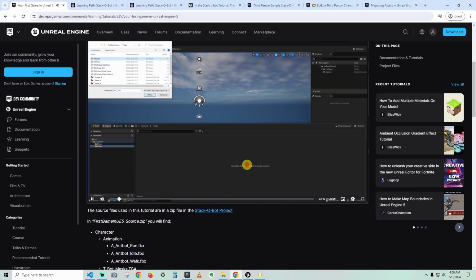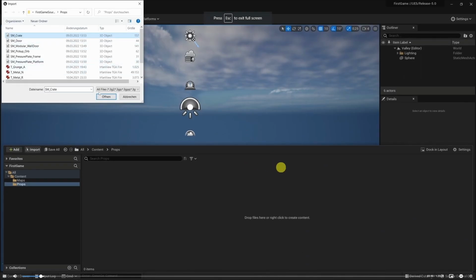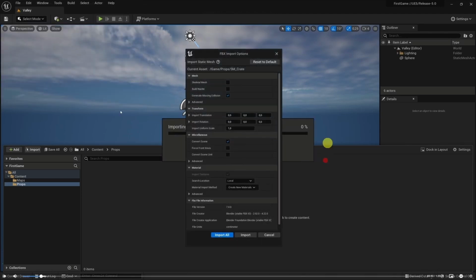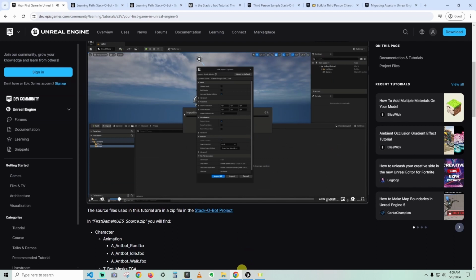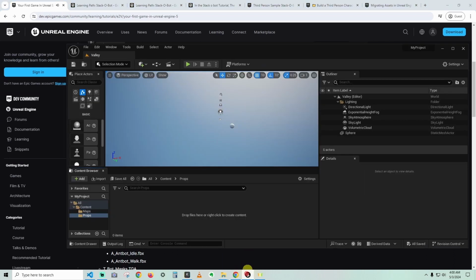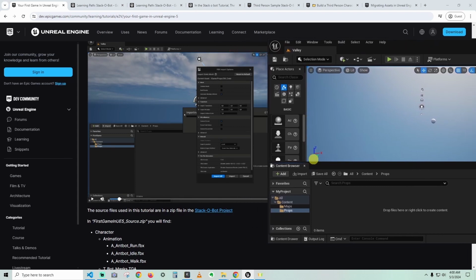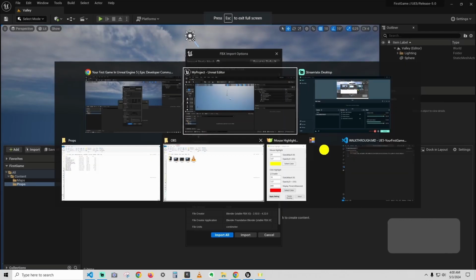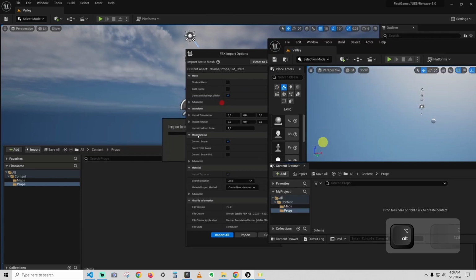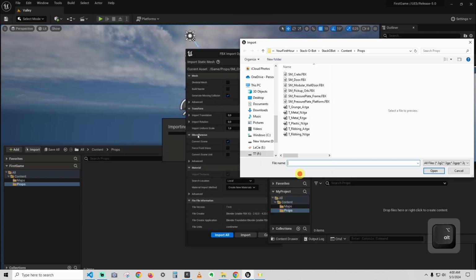So let's import these new files. So we'll go back to our Unreal project. We're going to slide this over. Make this big. We'll open up our project, import, and we've got the crate, open,